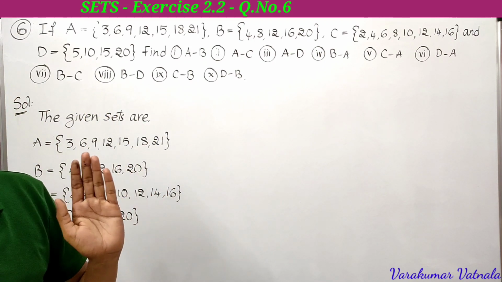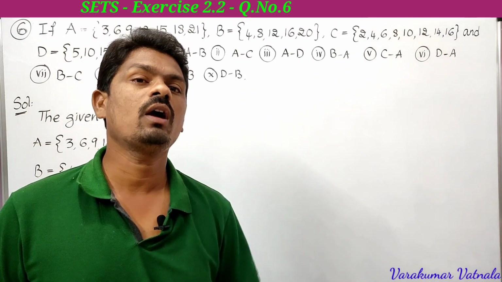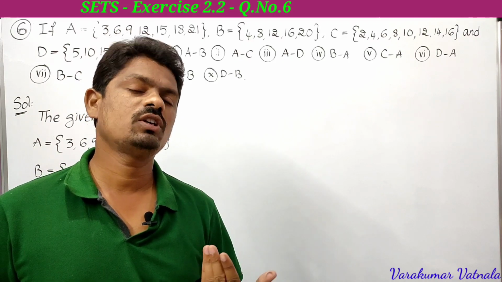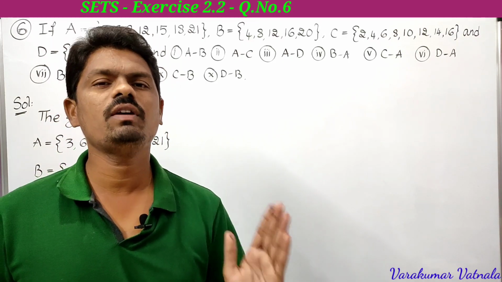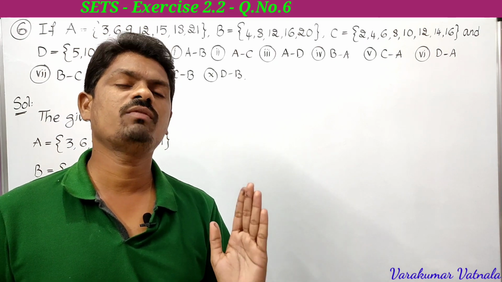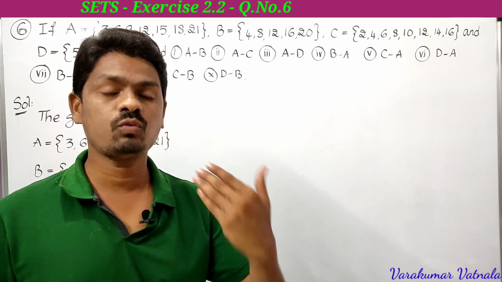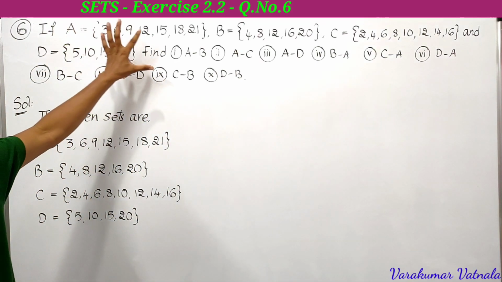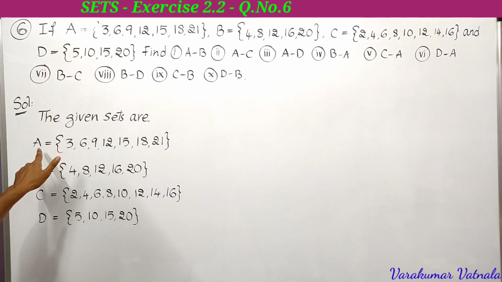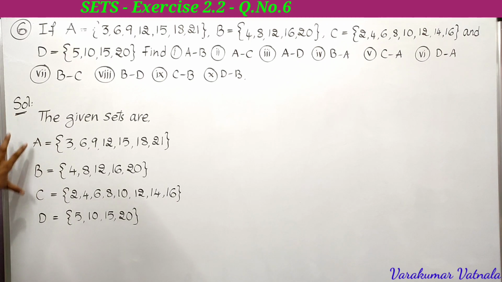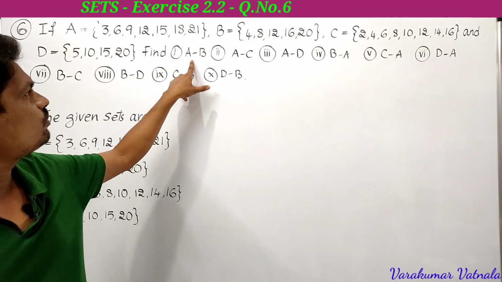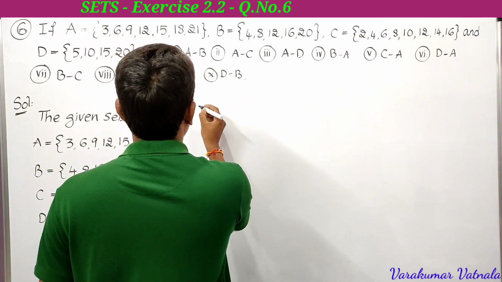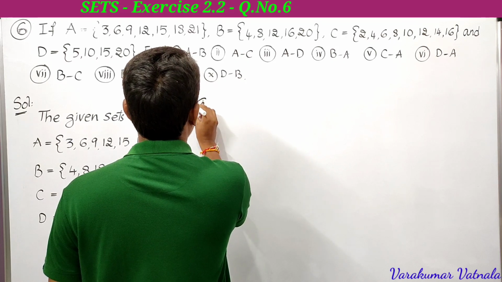So it is nothing but the difference of two sets. Already we have learnt the basic operations of sets. So how can we write the difference of two sets? We know. Again, the difference of two sets is very, very important. Every time he is asking either 2 marks or 4 marks. So first he has given 4 sets: A, B, C, D. These are the 4 given sets. Now we have to find one by one. First one is A minus B. See here how we can find A minus B. So set A minus B is equal to.